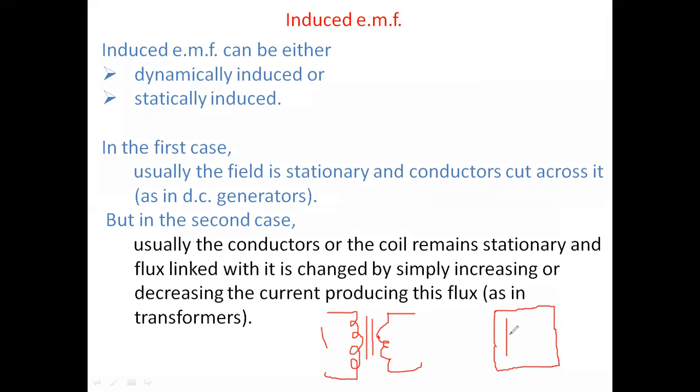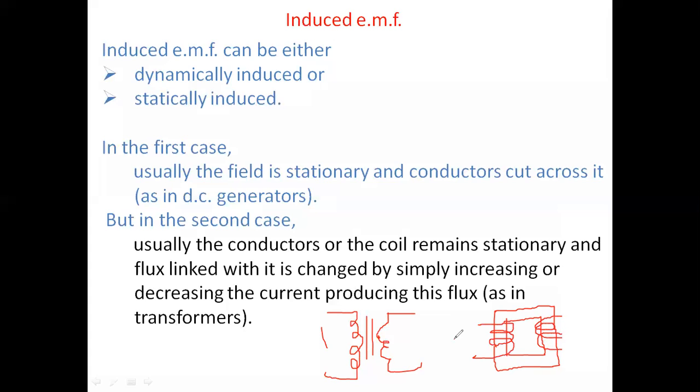Here this is the core. Here we wind the primary winding, and here is the secondary winding.